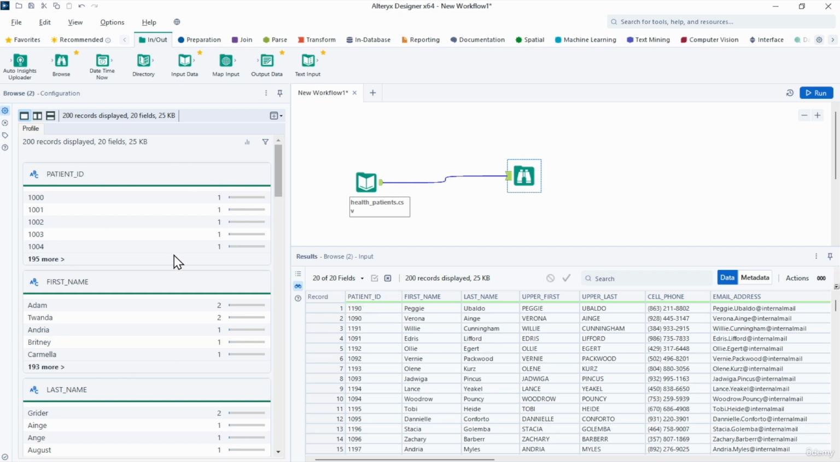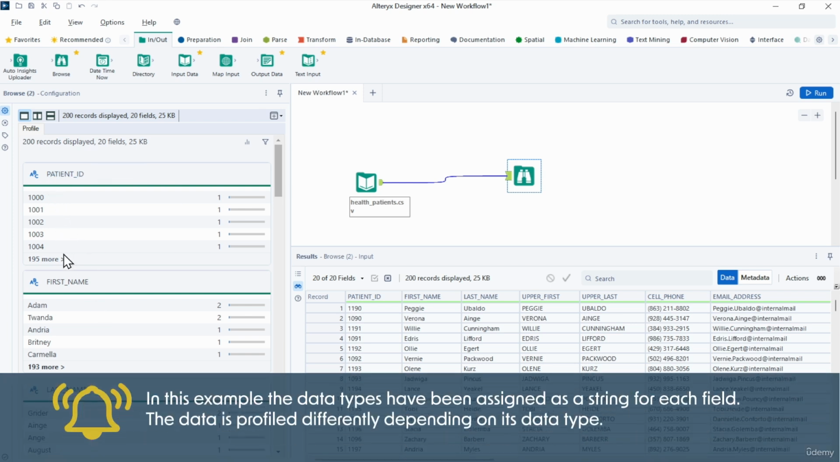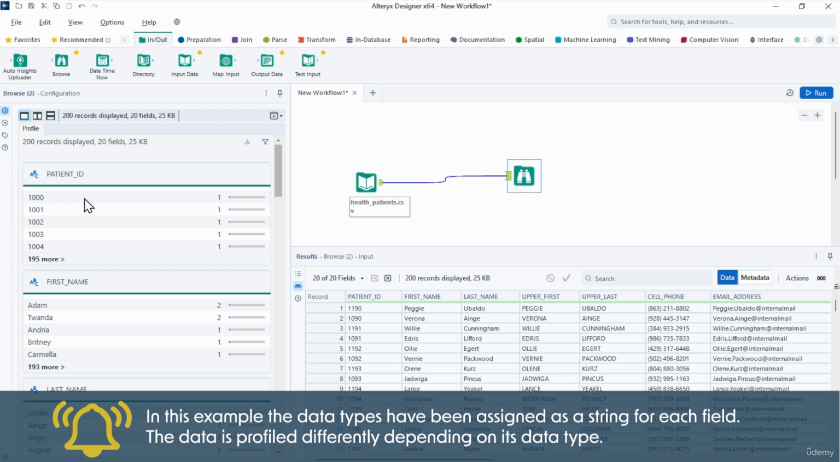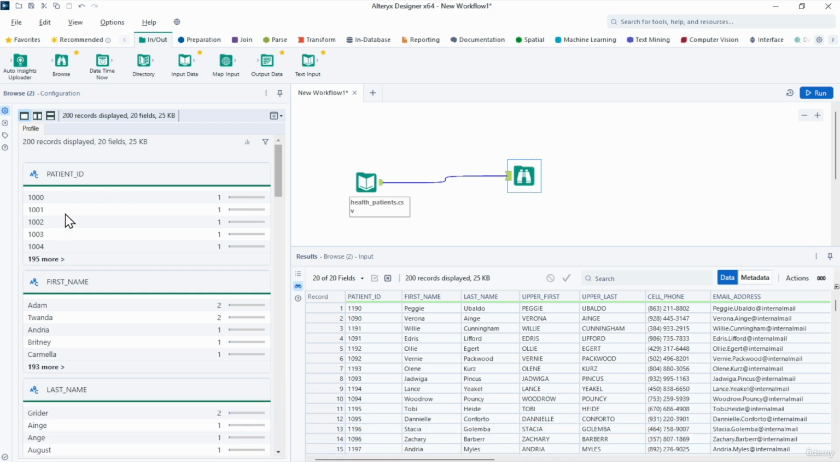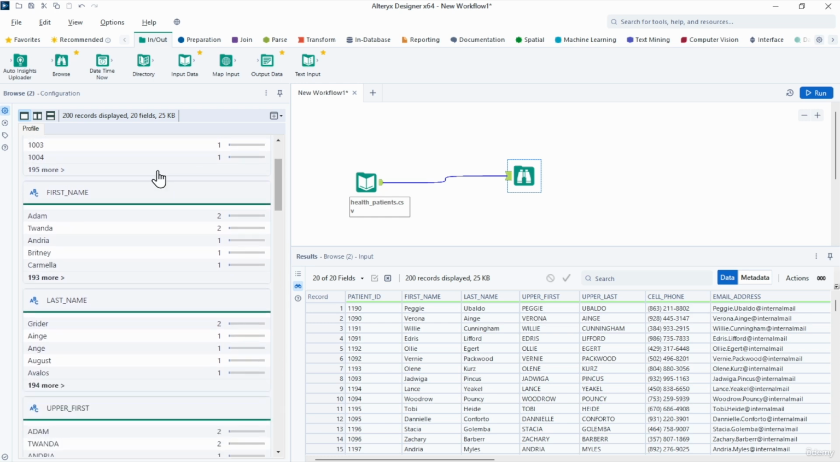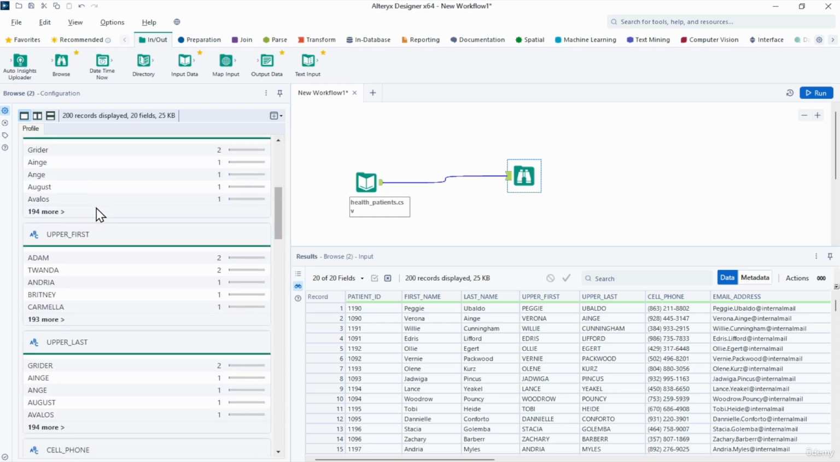Over here, by the configuration, you have a data profile. This profiles each field in your dataset, and it shows you the most common values and the count of each value. It's good to quickly validate your data. So for patient ID, we would expect each patient in the health patient dataset to have a unique identifier. And since we expect each record in this dataset to have a unique patient, we expect the value is 1 for each ID. And you can see it is. If I scroll down,